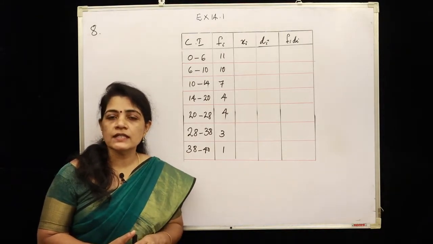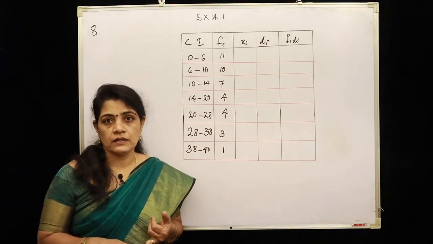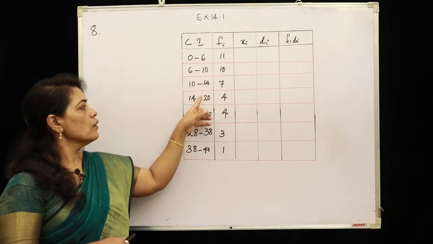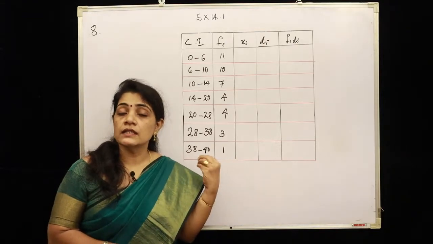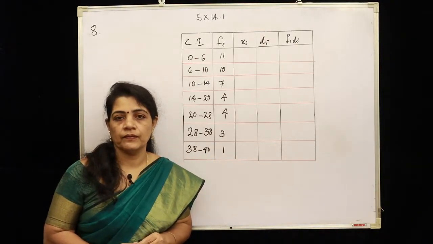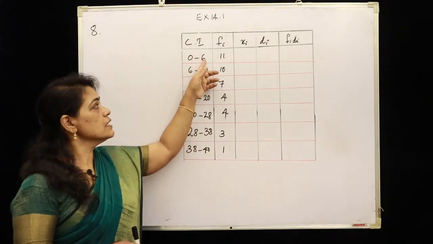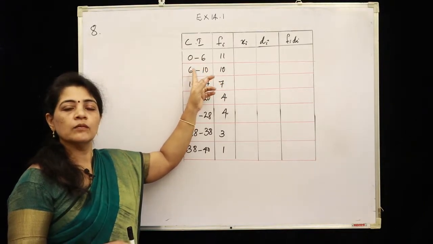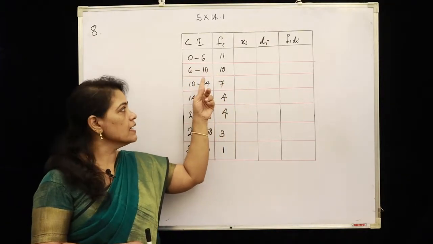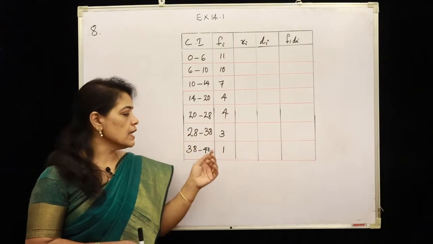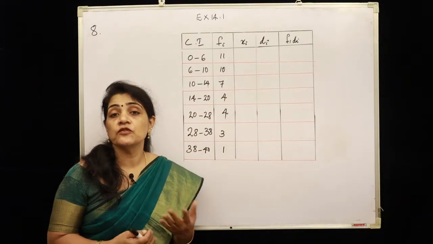Since the number of days are arranged in class intervals, first we want to check whether they are continuous. The upper limit and lower limit in all the class intervals, and the successive class intervals, are the same. So this means this is a continuous frequency distribution. But when we look into its class width, 6 minus 0, 10 minus 6, both are different. In the first class interval, the class width is 6. But in the second class interval, the class width is 4. See the last class interval, 40 minus 38 is 2. That means the class width is different.